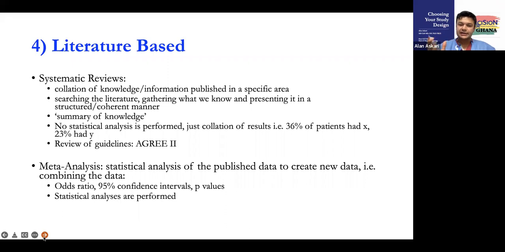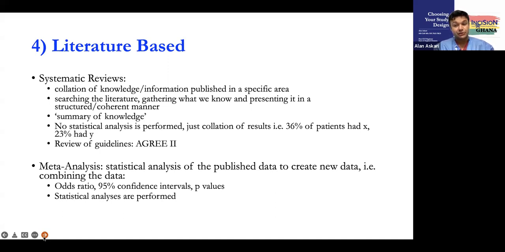Now, the review of guidelines, and this is something I strongly urge some of you to consider because it's relatively easy to do, and it's quite topical, and it's quite a new study type that's crept in over the last 10, 15 years, is to review guidelines to see what the quality of guidelines are like in a particular topic. Now, you may think that all guidelines are excellent, but I assure you, as somebody who's reviewed several guidelines in different topics,